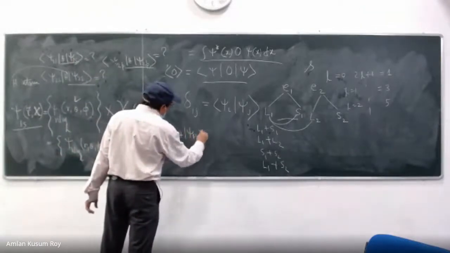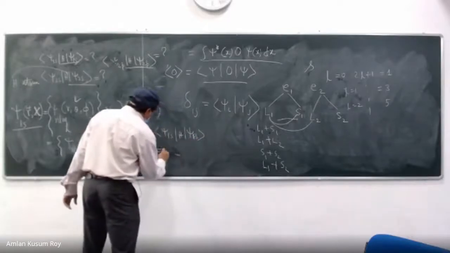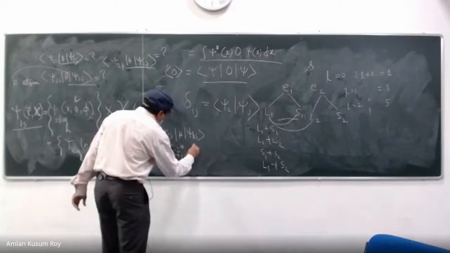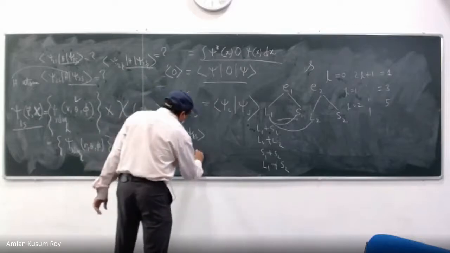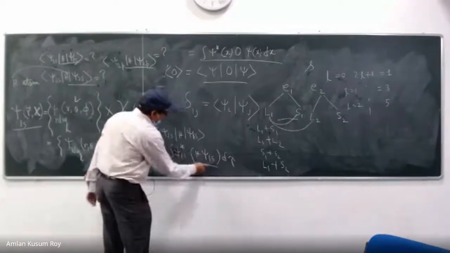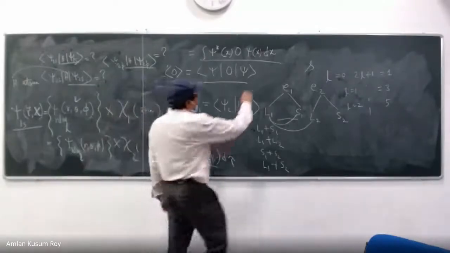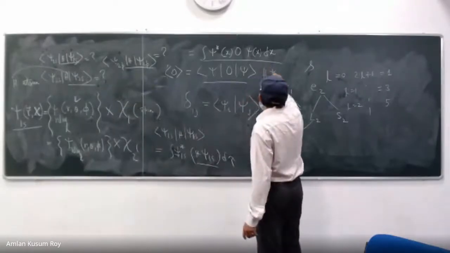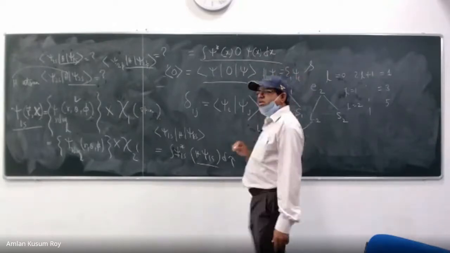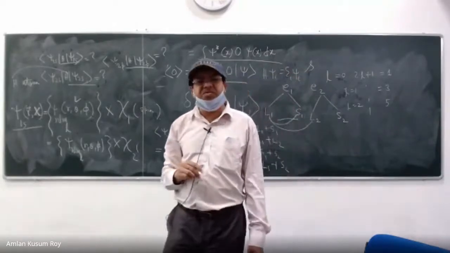Just work out one of them, right? So what is the meaning? So psi star 1s, H psi 1s d tau, right? But psi 1s means what? You have already solved the Schrodinger equation. H psi is equal to E psi. You see how these simple things are so complicated sometimes if you do not realize.